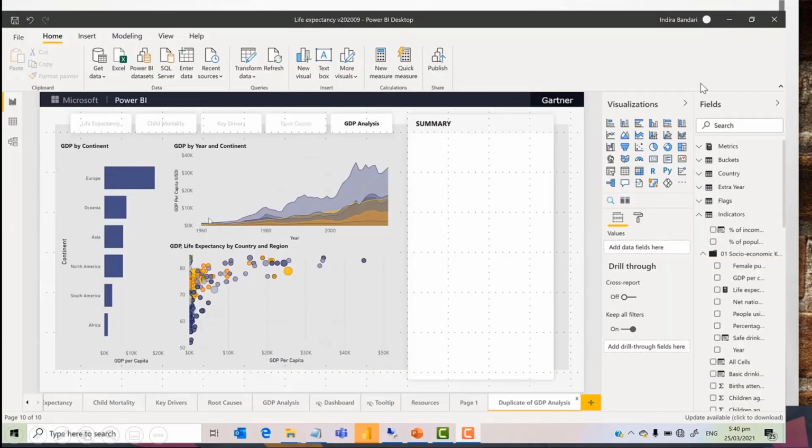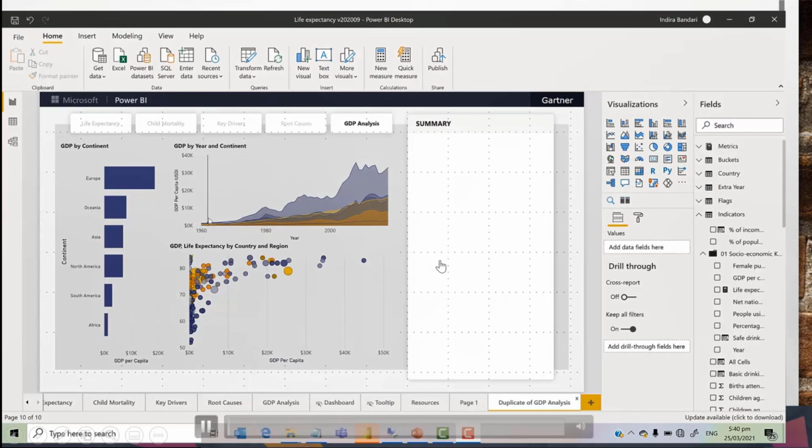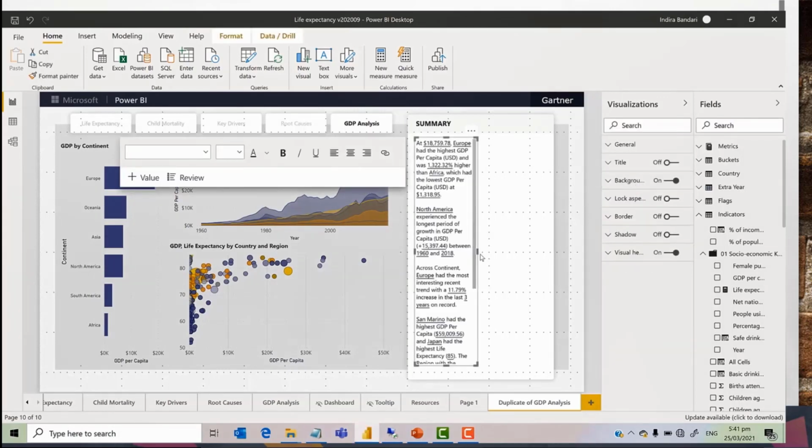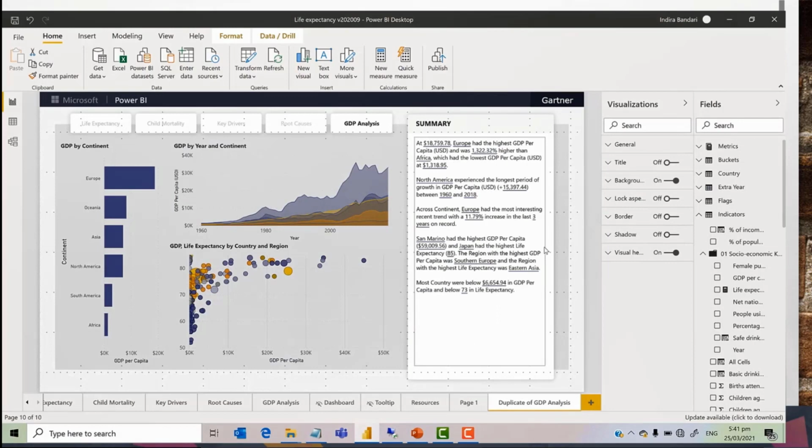If I go into the demo here, I have some visuals in this report showing the GDP by continent, GDP by year and continent, and also GDP and life expectancy. If we look here, there is a smart narrative visual in the visualization pane. When we click on that, it will create the summary automatically. It summarizes the visuals, and also